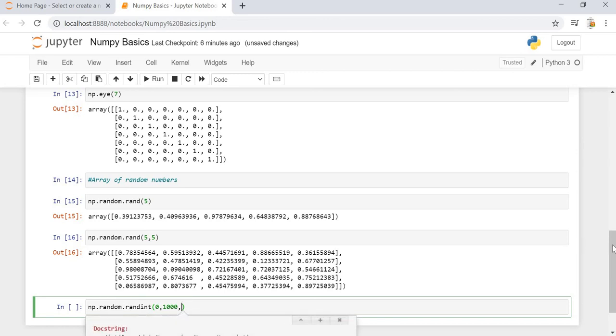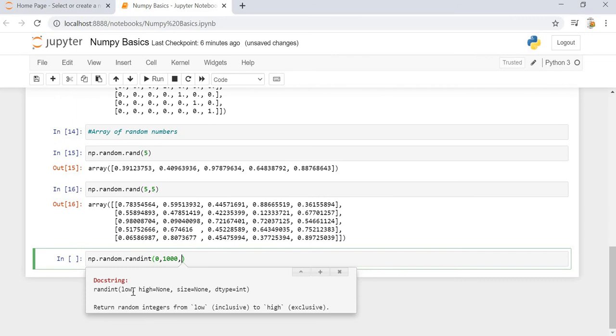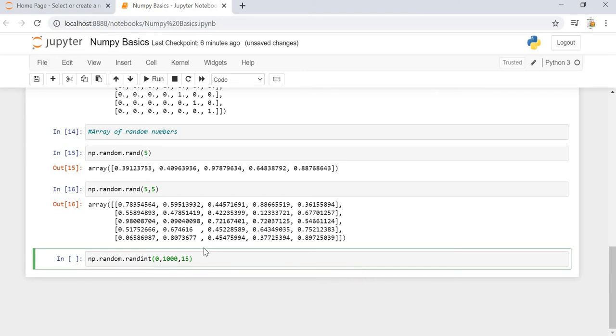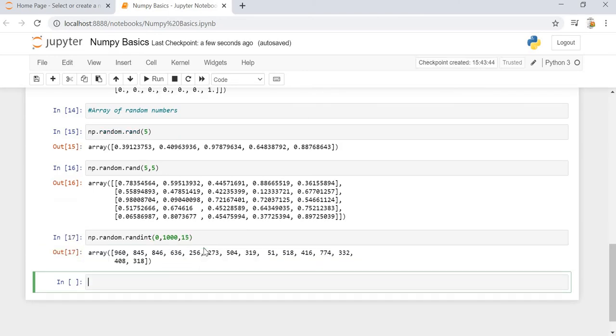If you press shift-tab, you can see the docstring of it: low, high, and the size. So the size is, let's say, 15. It will create a 1-dimensional array of 15 numbers ranging between 0 and 1000. All are random numbers.